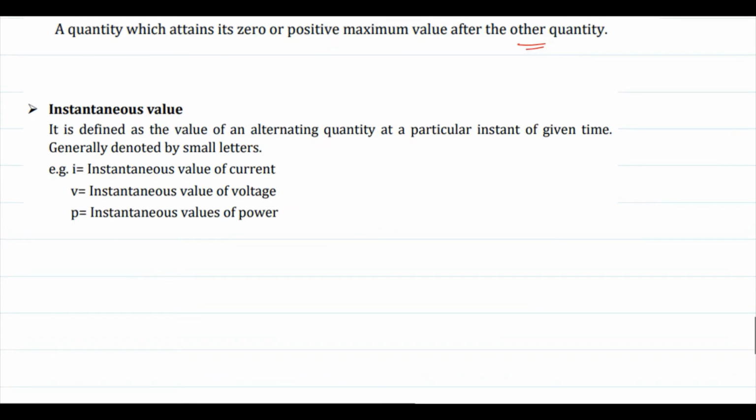Another thing that we are going to define is the instantaneous value. The value of an alternating quantity at a particular instant of given time is called the instantaneous value. As I have represented the current or voltage like this, I of t is equal to I naught into sine of omega t, right? Here I of t tells about the instantaneous value,